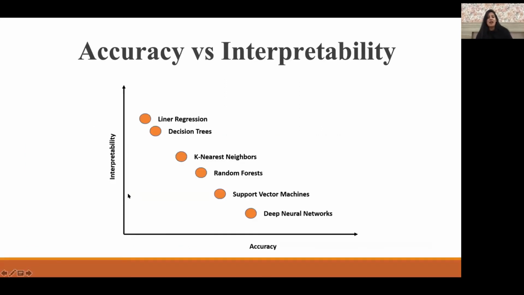Often, when we are working with neural networks, we see that as we go towards deeper neural networks, we achieve higher accuracy. But we also see that as we move towards more complex models, the interpretability quotient of your model goes down. You'd see that linear regression is much more explainable because you can just go and see the weights it has learned. But when it comes to deep neural networks, you actually do not know what is happening inside the hidden layers of the neural network.